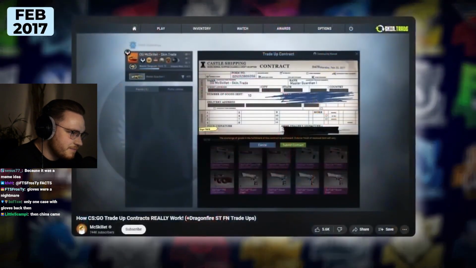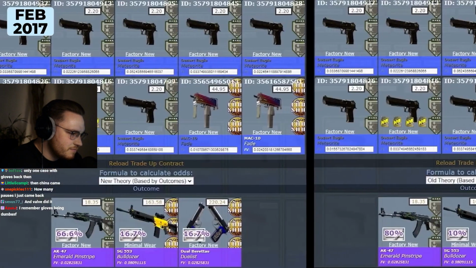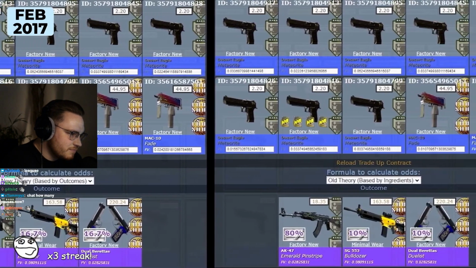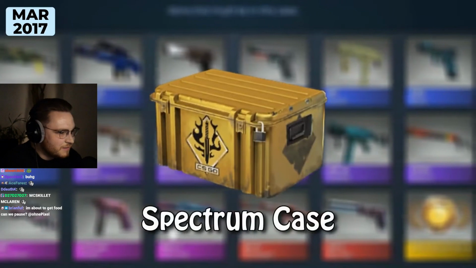The following month, McSkillet released a video detailing how the bug in the trade-up contract I mentioned back in 2014 worked. This was not a new discovery, I'd known about it for about 6 months by this point, but it was a very powerful exploit, and now it was out there to the public. In March, Valve released the Spectrum case. This was a very popular case with some...